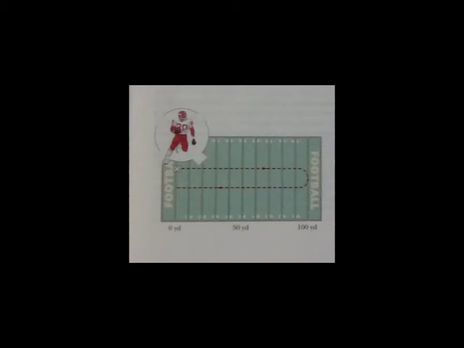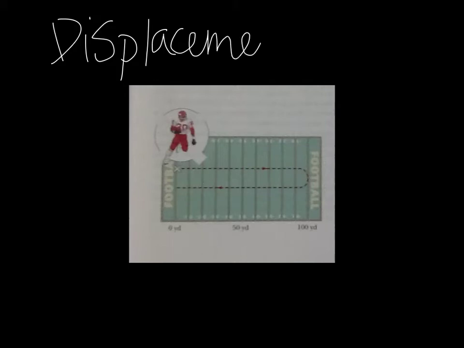Let's begin by talking about displacement. Displacement is different than saying position or distance. Displacement is actually the change in position. And what that means is if this football player were to start here,